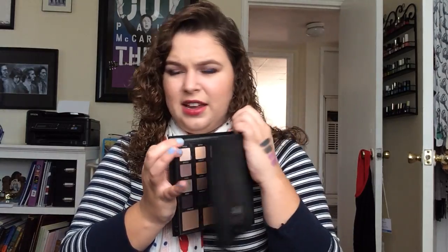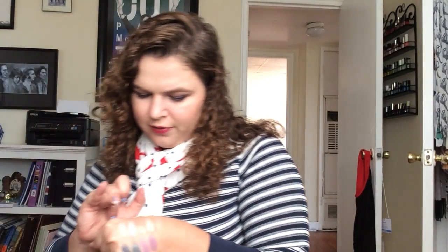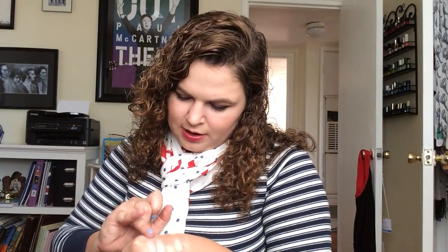It's right there. I also have the Smashbox Masterclass Volume 3 palette, and the shade Naked, which is right here, I think. I don't know if I've done a review of this palette or not. Maybe I have. I'll look for it if it's there. And I think that's actually really a better one. It's got a lot more of the pink that you find in South, so I think that's probably a better